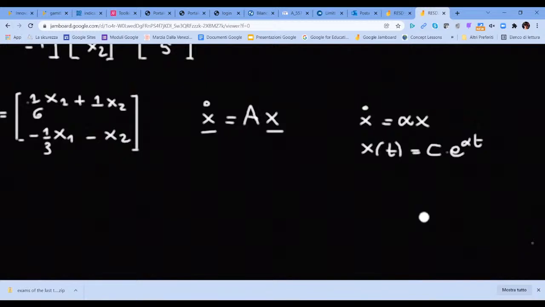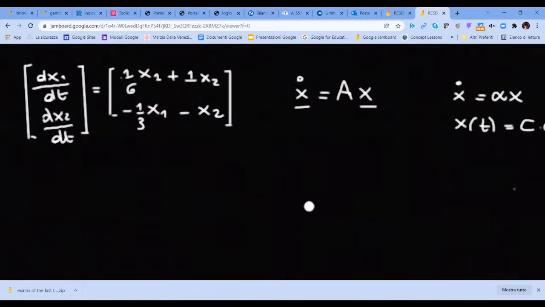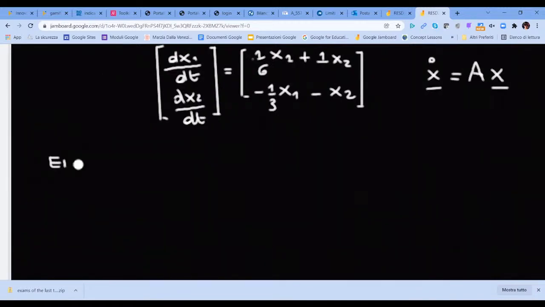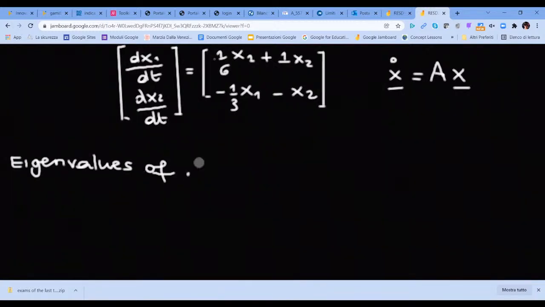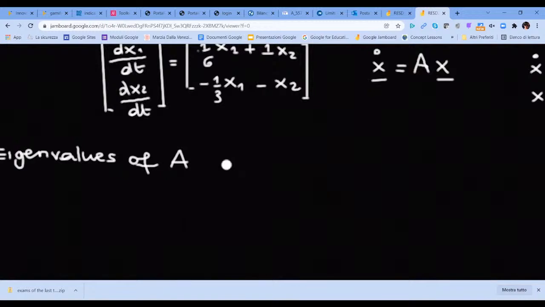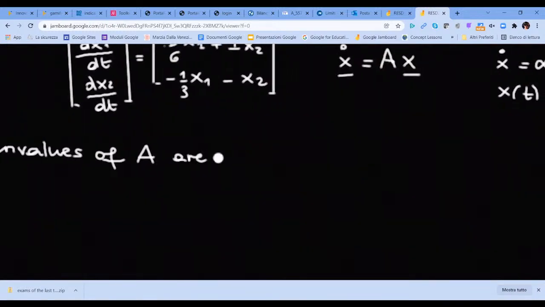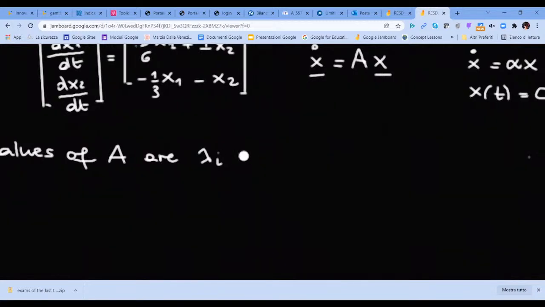The eigenvalues of the matrix A are normally called lambda, and are, let's say, lambda 0, lambda 1, and so on, such that